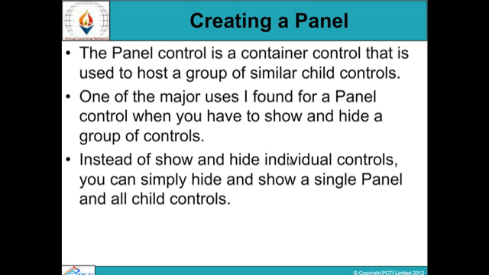These controls play a very important role as building blocks in visual programming. Apart from this, the major point of attraction was the panel control, because it is a container of similar child controls. You can show and hide a group of controls with a single panel control.